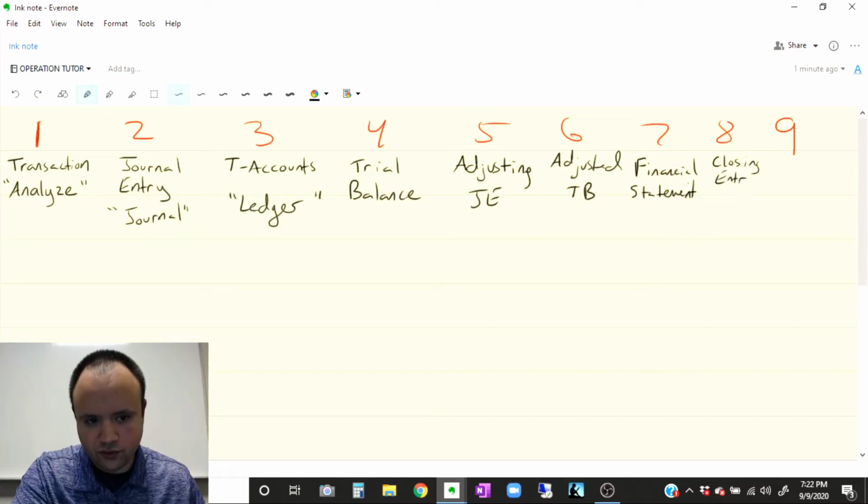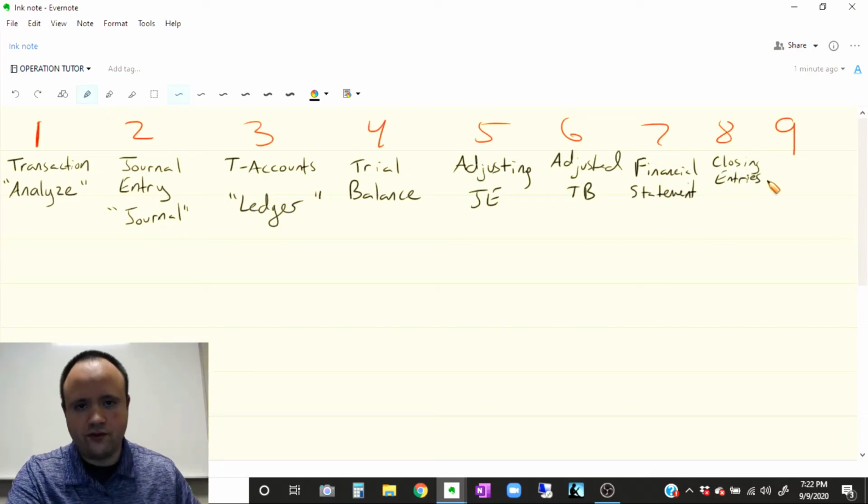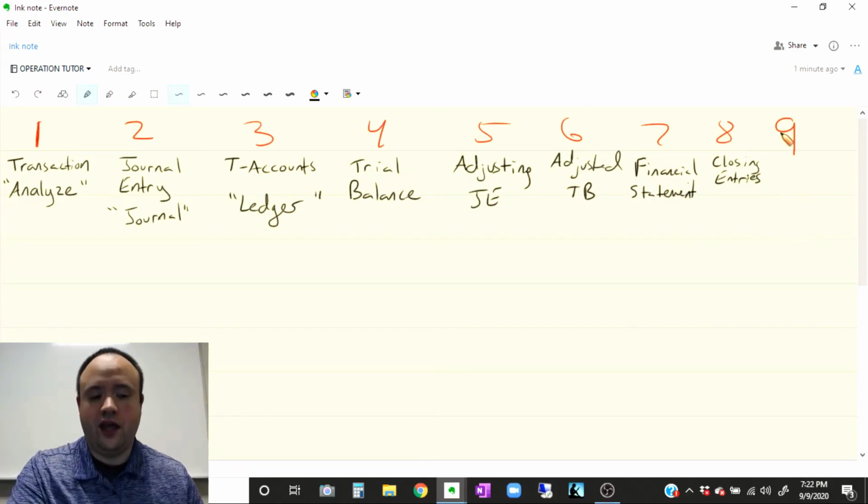Once we do that, we can make our closing entries, which means we're going to zero out our revenues, expenses, and dividends and move on with our lives. We'll move into the next period and start fresh. We'll start recording things from zero. Just the temporary accounts, revenues, expenses, and dividends. And then at the very end, we can do a post-closing